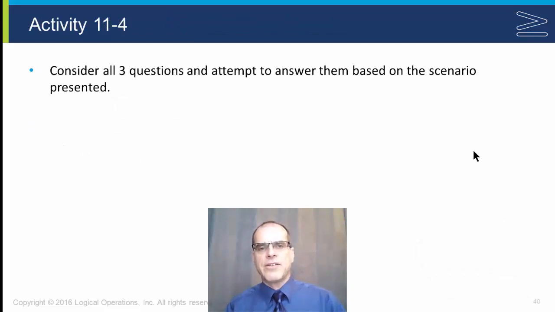So in our last activity, activity 11-4, we have 3 questions that we're going to consider based on this scenario. The scenario says the investigation is nearing its conclusion, and the evidence points to Rupert as the culprit. The company has terminated his employment as of today. Although you've identified who caused the incident and how, your work is not over. You still need to write a report of your findings, as well as prepare to be involved in a criminal investigation. It's up to you to maximize the usefulness of these follow-up tasks for the benefit of the company and